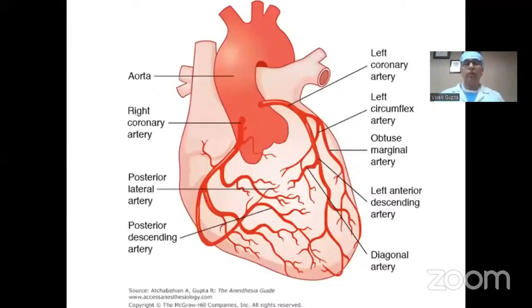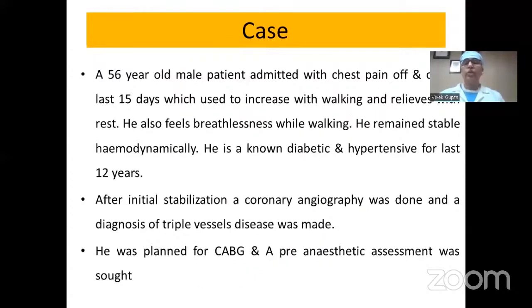Quickly, we'll have a look at the coronary circulation. Two arteries: the left main coronary artery divides into the left circumflex and the left anterior descending, which reaches up to the apex of the heart, and the right coronary artery, which gives the posterior descending artery and reaches up to the crux of the heart. So let's start with a case of a 56-year-old patient who had chest pain for the last 15